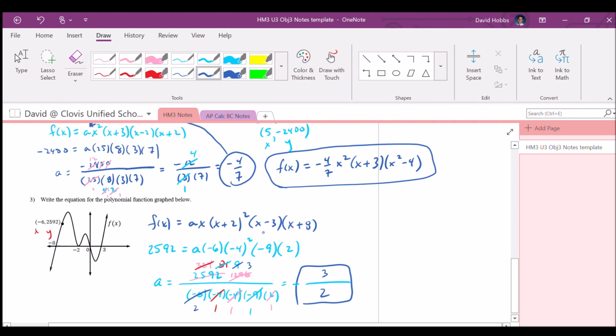Okay, so replacing the a with 3/2, we have f of x equals 3/2 times x plus 2 quantity squared times x minus 3 times x plus